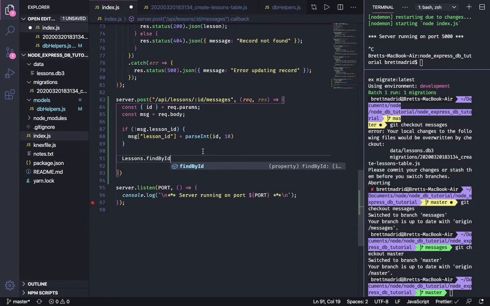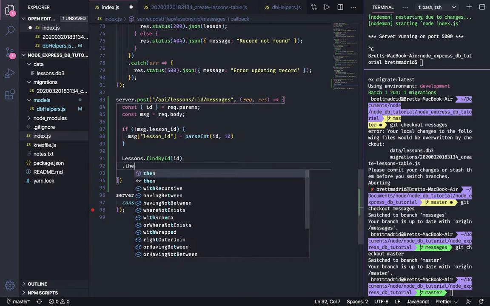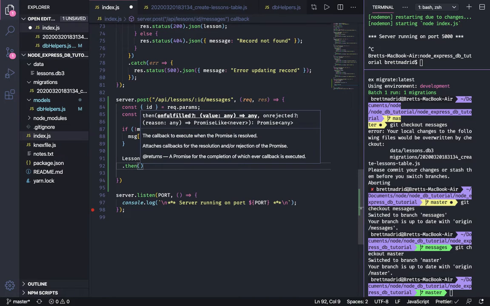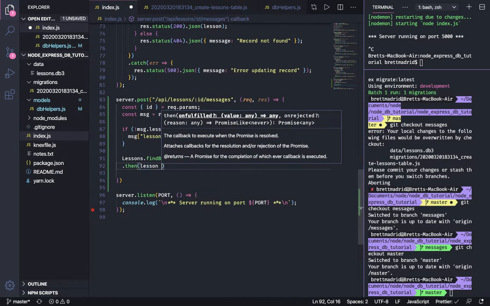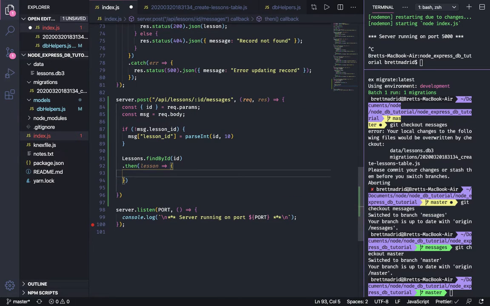Find by ID, pass in the ID, dot then lesson. And so if it's not a lesson, if after performing this find by ID and passing in this ID, and then it passes the result into here, and if it doesn't find it, then we can say